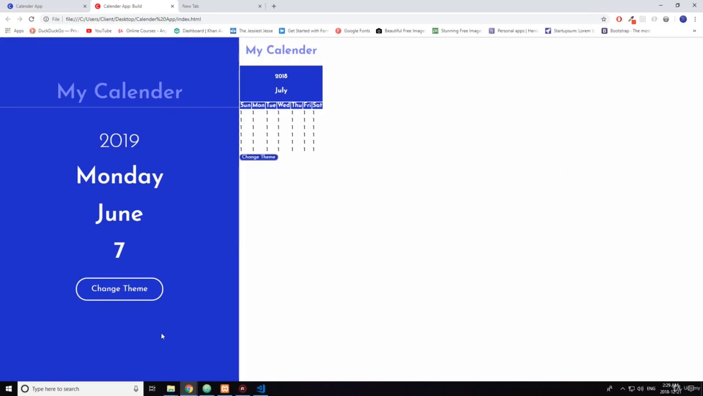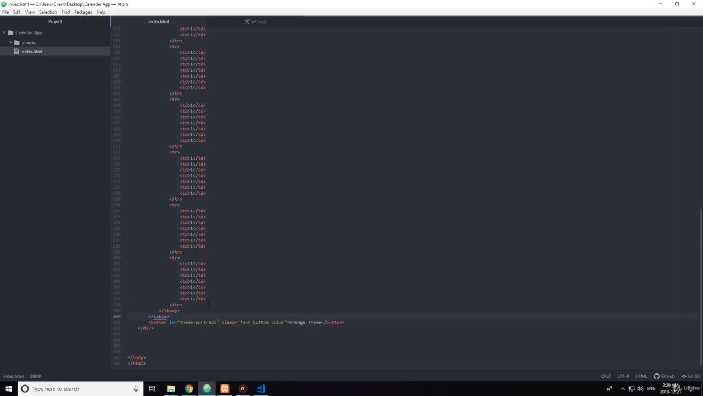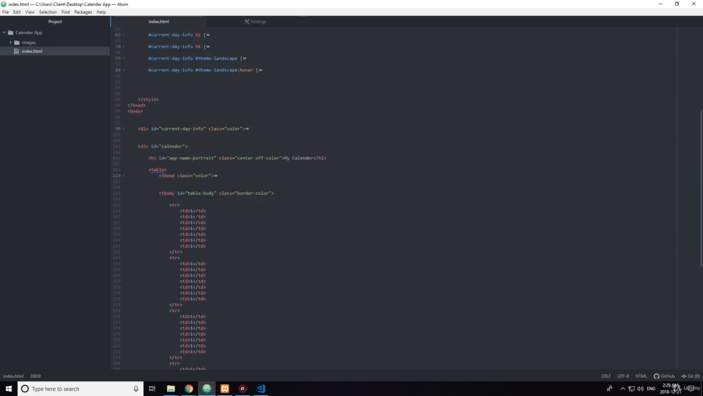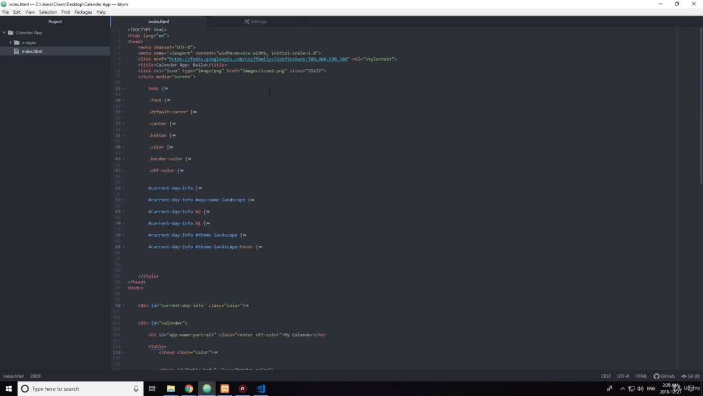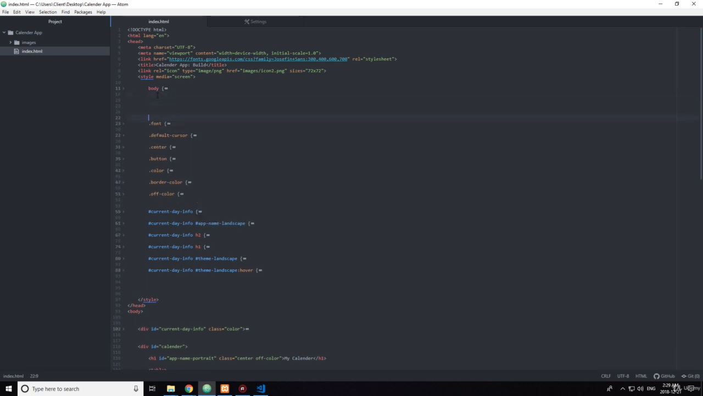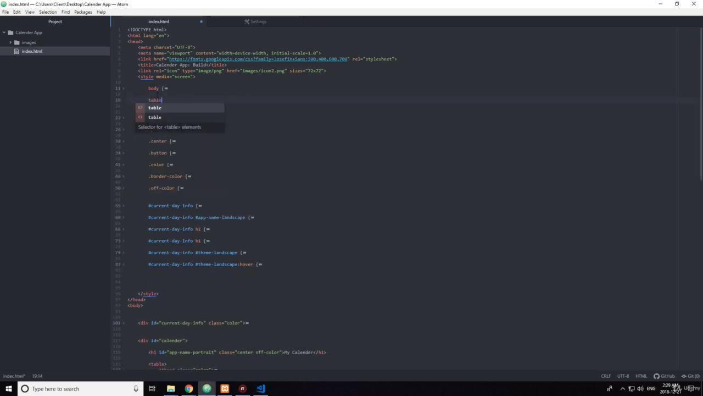Okay, so now let's start styling this. This might be done in more than one video because there's a lot to style here. But first I want to start with some default styles. So up here, these are the default, more general styles, right? So right under the body, I want to put table and TD and TH